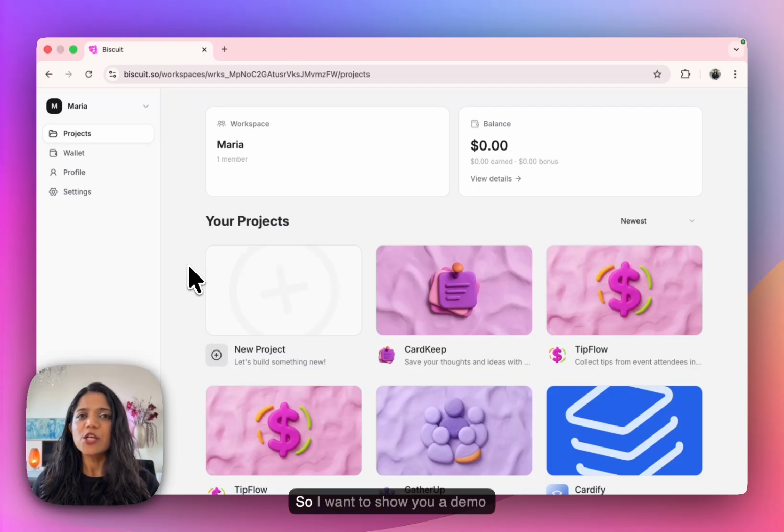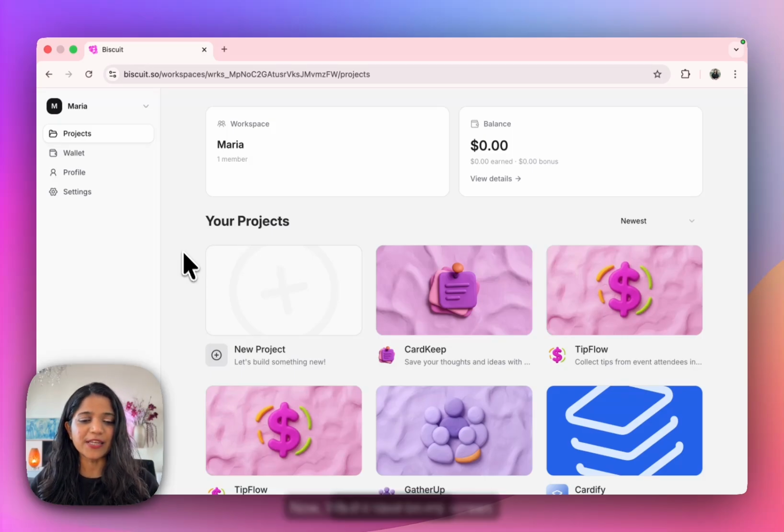It is that easy. So I want to show you a demo of how we can do that in an app, and then you can go ahead and try it on your own app as well. I'll explain some of the basic details of how we function in the backend at the end of this video. So you may want to stay for that, but for now, let's jump to the demo.